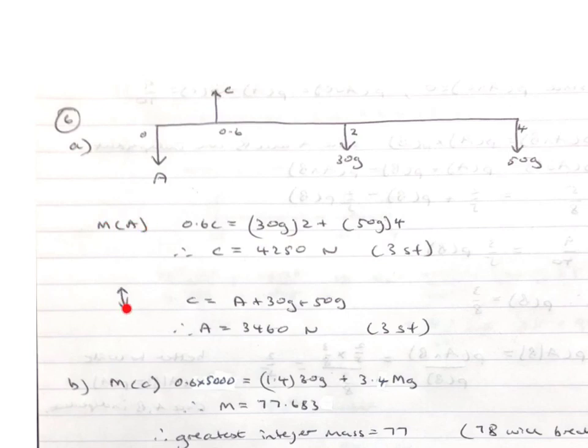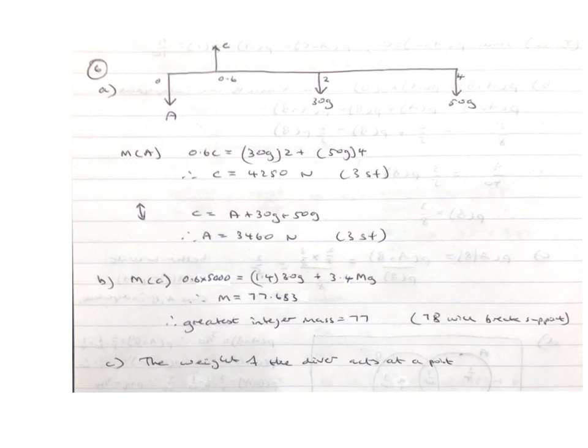Now I've put in here that I'm going to resolve vertically. C must equal A plus 30g plus 50g, so I can work out what A is. Now in part B, I'm going to take moments about C. So it's 0.6 times 5,000, because we're told that the support will break if that's more than 5,000. So 0.6 times 5,000 is 1.4 times 30g plus 3.4 times mg, because this time we've got a new mass